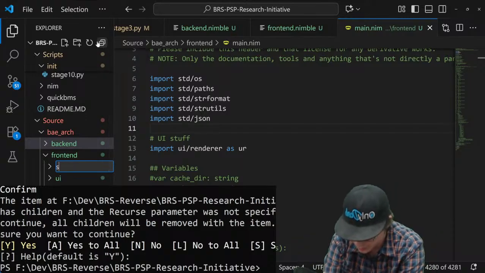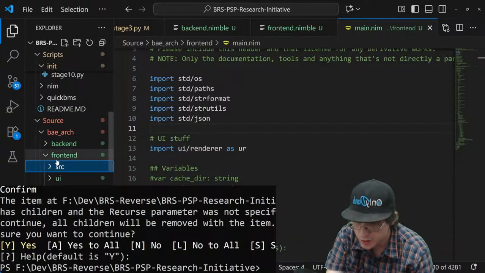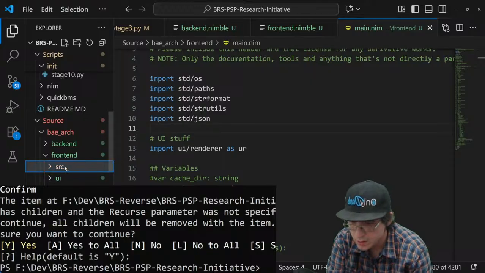Folder source. I'm going to put you right here.